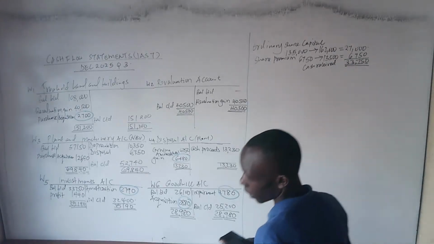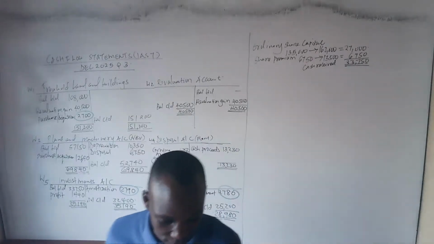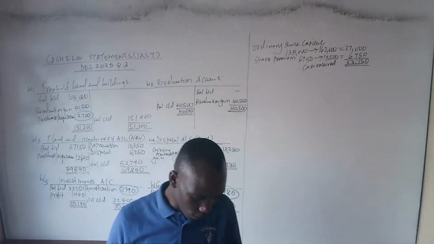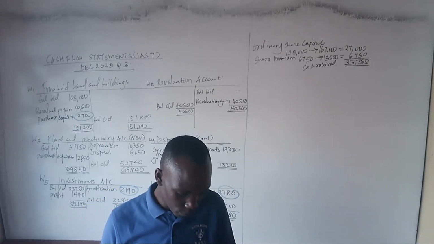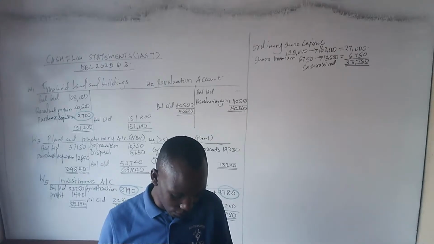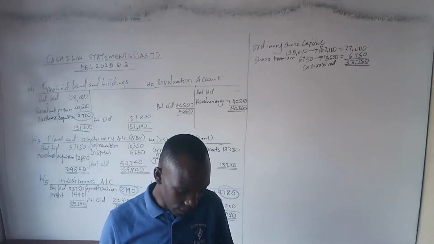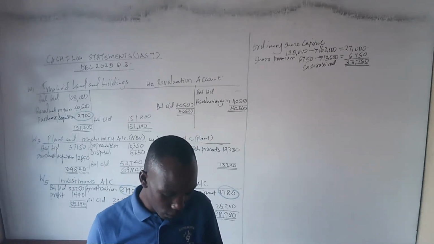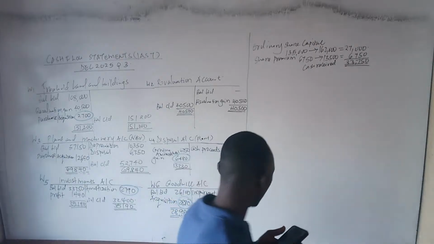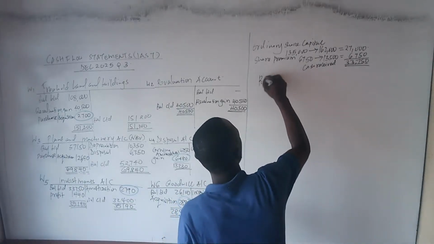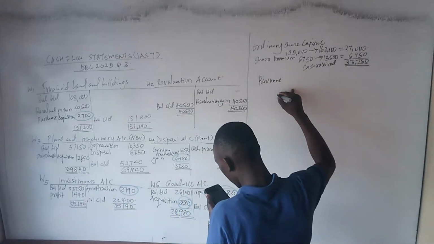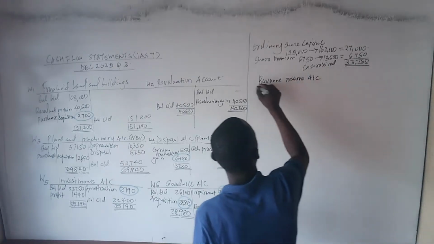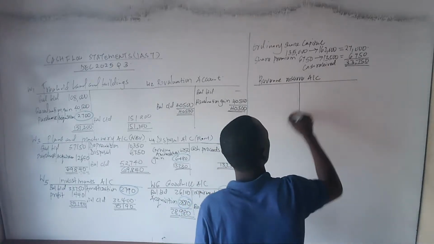So the total is amounting to 33,750 in this case. So that's what we have. Then from there, for the revaluation reserve, we were able to explain that. Then for the retained earnings, the reason why we open the retained earnings account is so that we can get the dividend paid. That is what we refer to as the revenue reserve account.